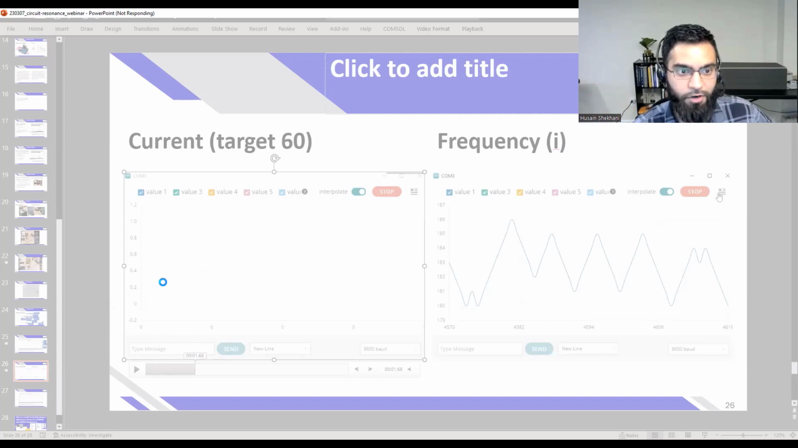But basically the current jumped up to 60. Here we have frequency, but I'm actually determining this I value. I'm reporting this I value, which is basically the iteration, the frequency step size that I set, which is about 100 hertz. I could have made it finer, but I didn't have to for this application. So basically it also ramps up